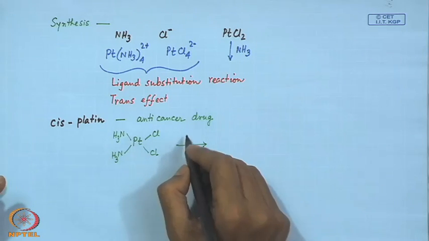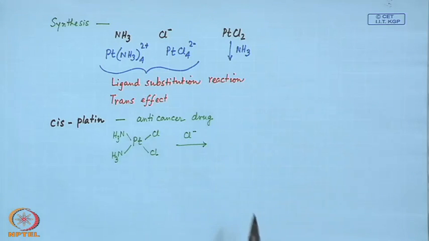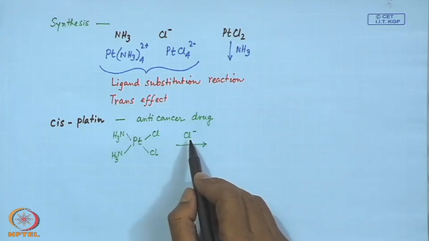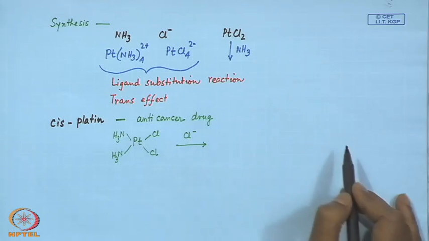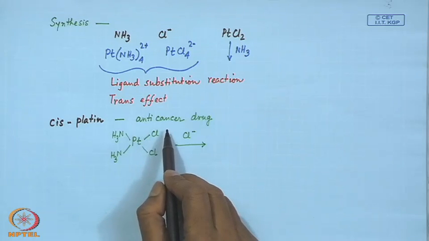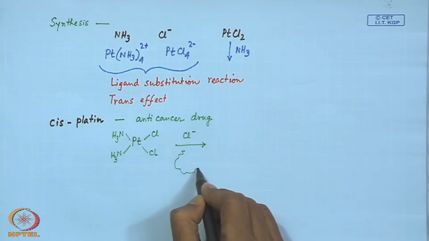That means, in presence of say Cl minus, which is there in plenty, the concentration of Cl minus is the deciding factor when in our body, particularly a person who is suffering from cancer,